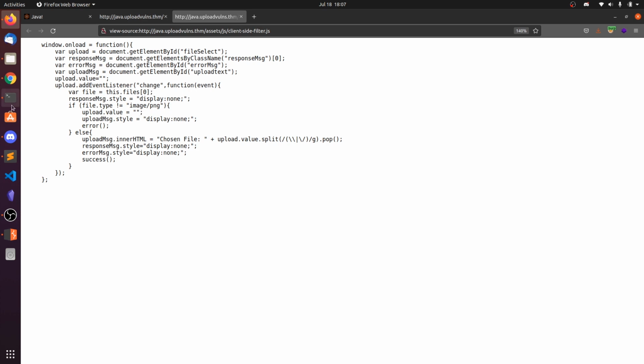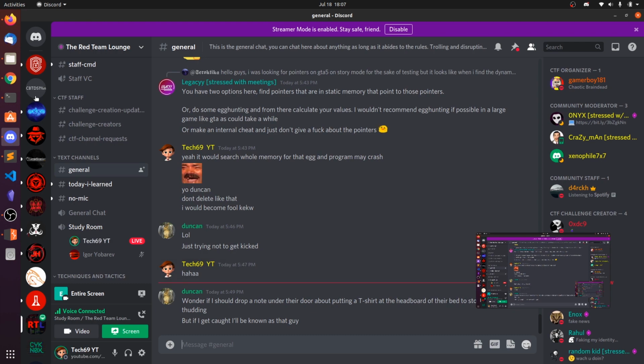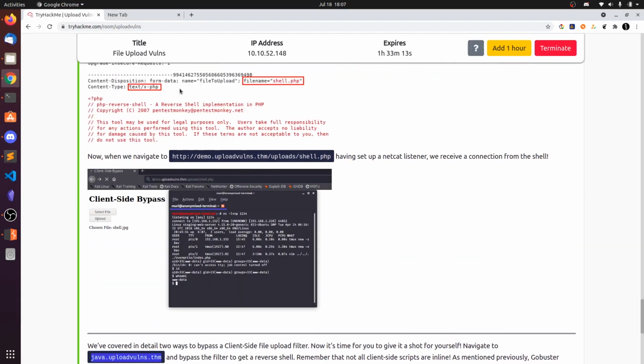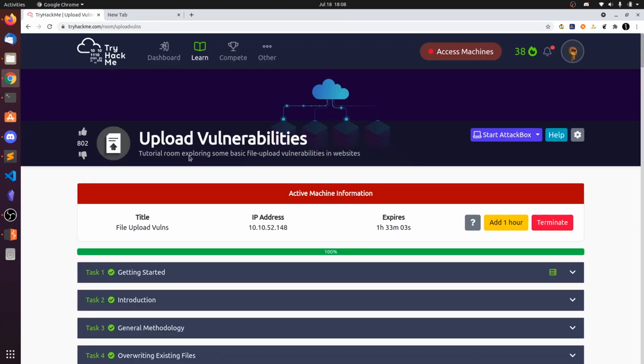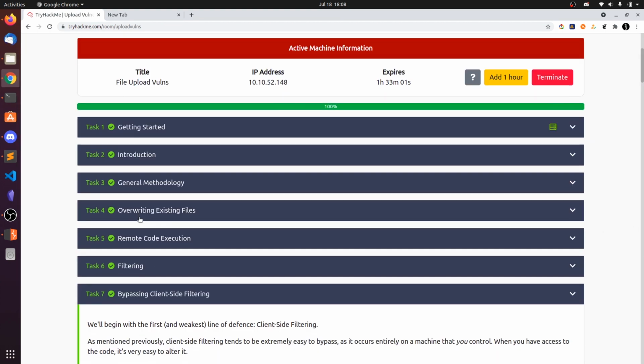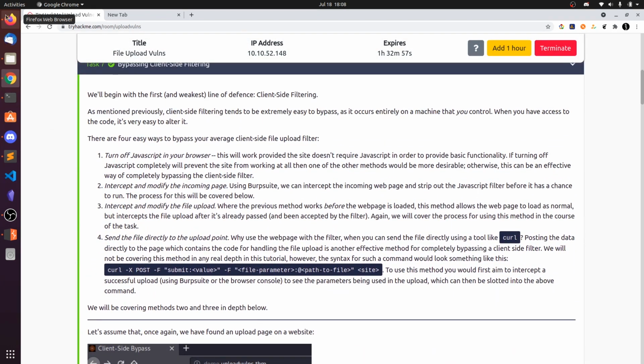Oh, what is this? It's a TryHackMe room, file upload vulnerability. The room name is upload vulnerabilities. Oh, okay. Do you know how to make websites?